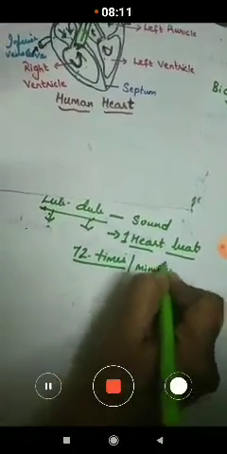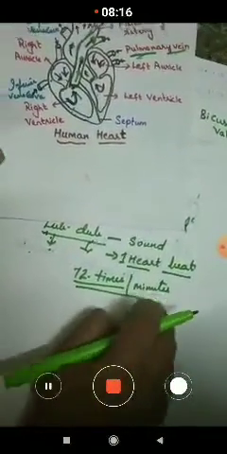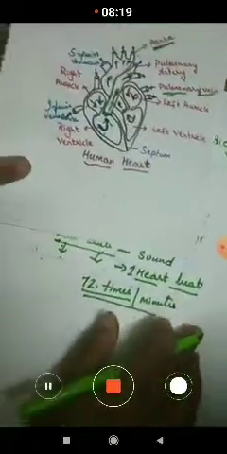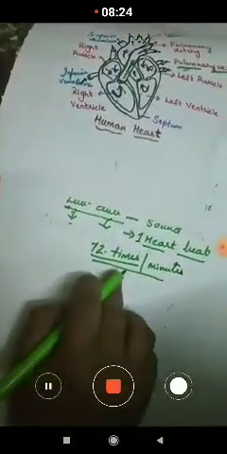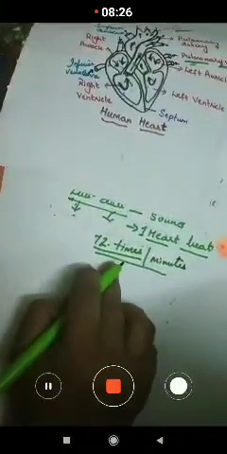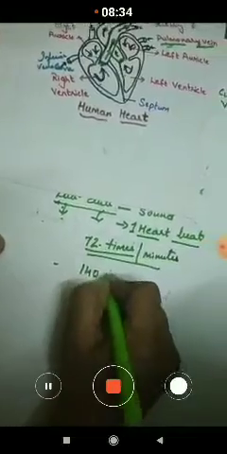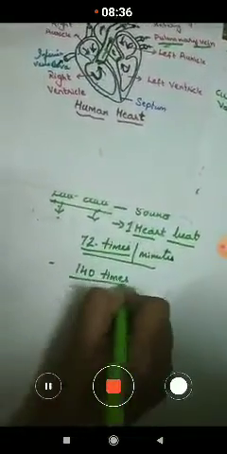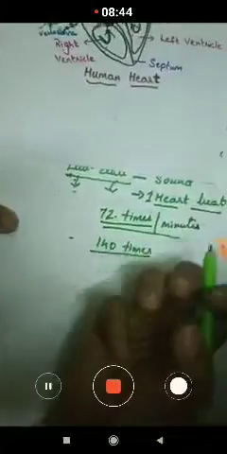Understood? So the heart beats 72 times per minute in an adult, whereas when a child is born, we can observe the heartbeat is increased. Now here you can observe that when the child is born, it is 140 times. As the newborn child is born, the heartbeat, that is the pumping of the heart, means it has